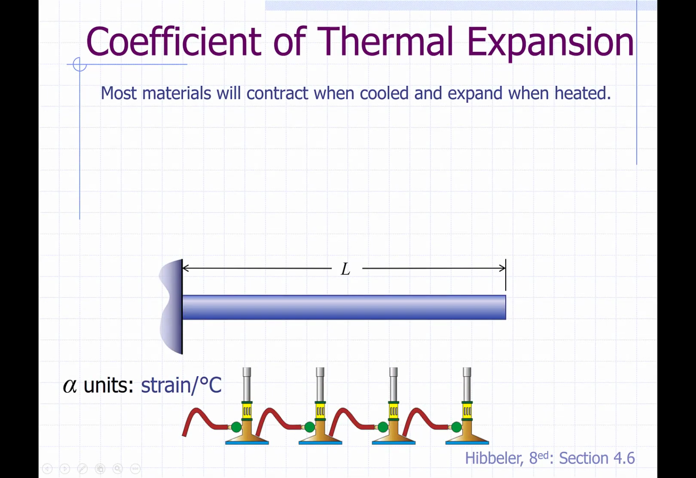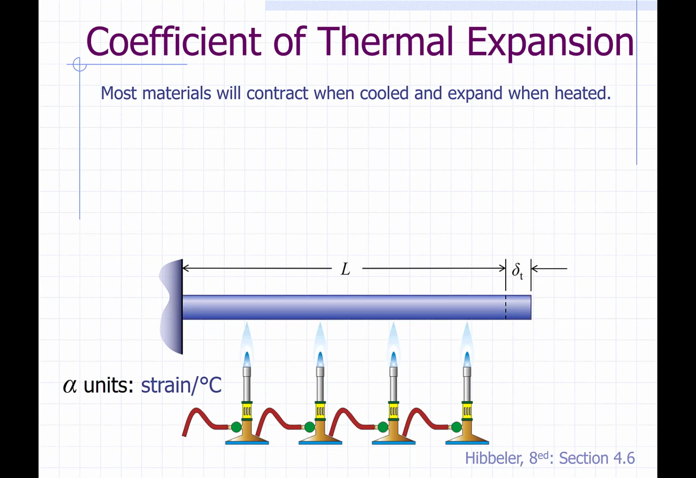Okay, so we want to talk a little bit about what happens when a material is heated, or cooled for that matter. So there's going to be a temperature change. Most materials, I think most people understand, will contract when cooled and expand when heated. As we see here, if we apply heat to the axial bar shown, it will elongate a delta,